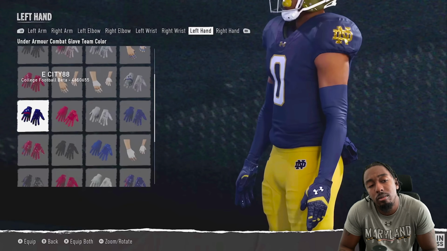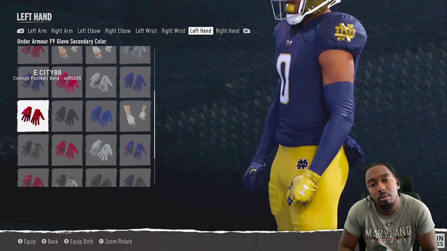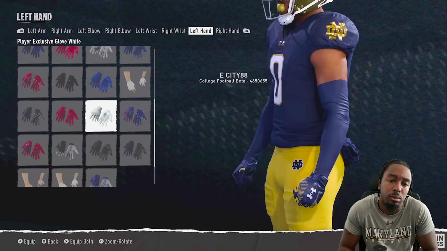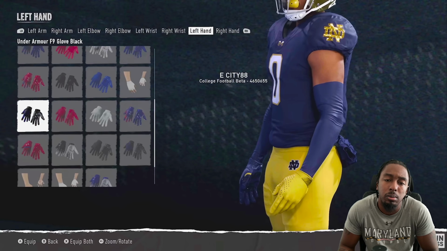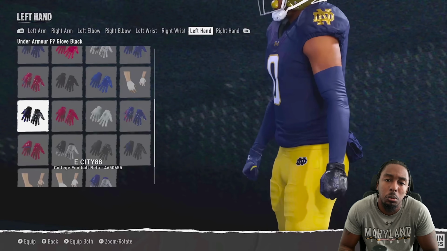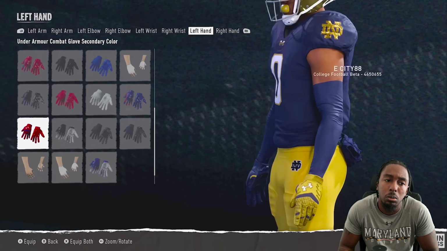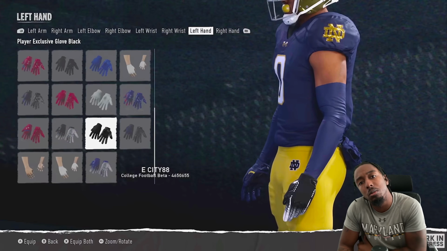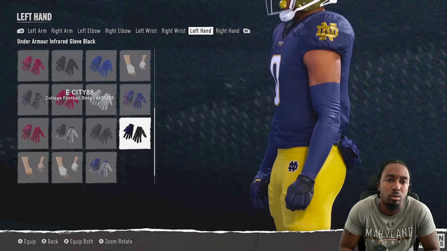All these companies are doing really good nowadays with making cool designs and making stuff that has a lot of style and personality to it. As you can see here, scrolling through, got the plain gloves as well. Just reiterating, no matter what team you play for, if you want to go with Notre Dame and go all gold or all white gloves, you can do that too. You have pretty much everything at your disposal to make your player the way you want. So we're just going to finish scrolling through the last few pairs of gloves,